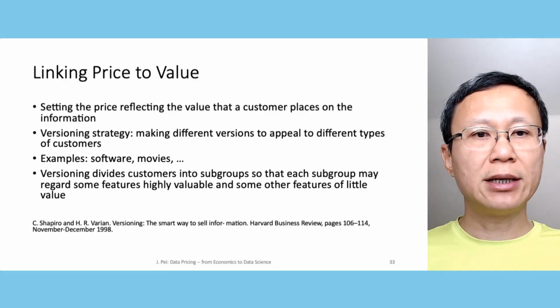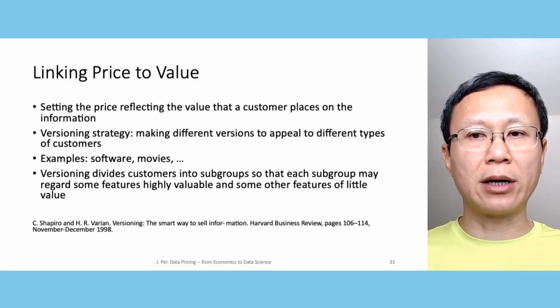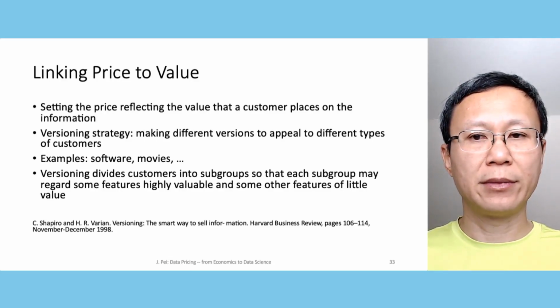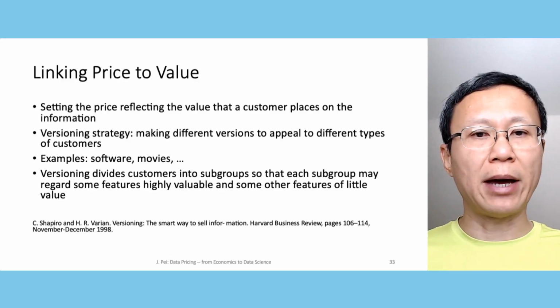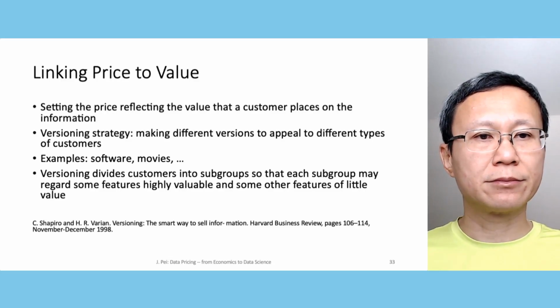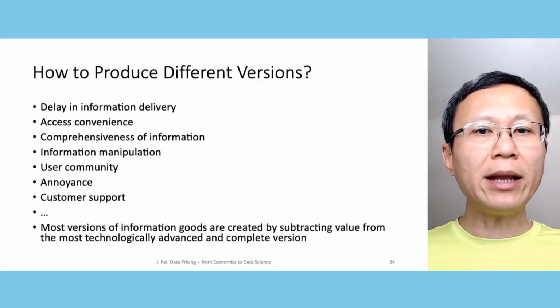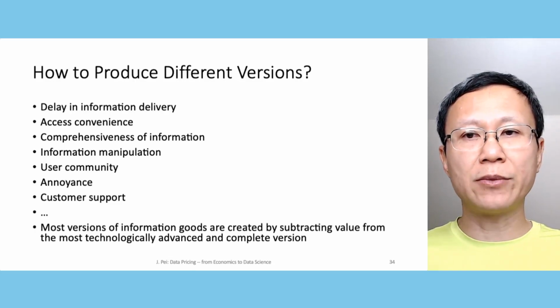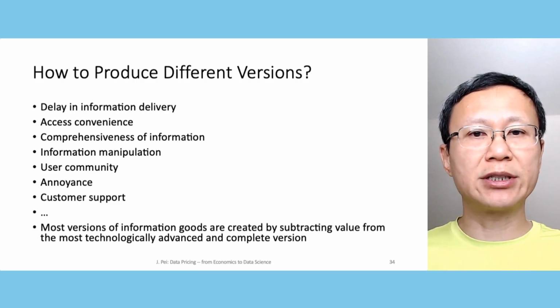Essentially, versioning divides customers into subgroups so that each subgroup may regard some features highly valuable and some other features of little value. A version corresponding to the demands can be provided. There are many different ways to produce different versions of information goods. For example, delay is often a good basis. In stock market information services, an expensive version may deliver real-time quotes, while a basic version delivers the same information